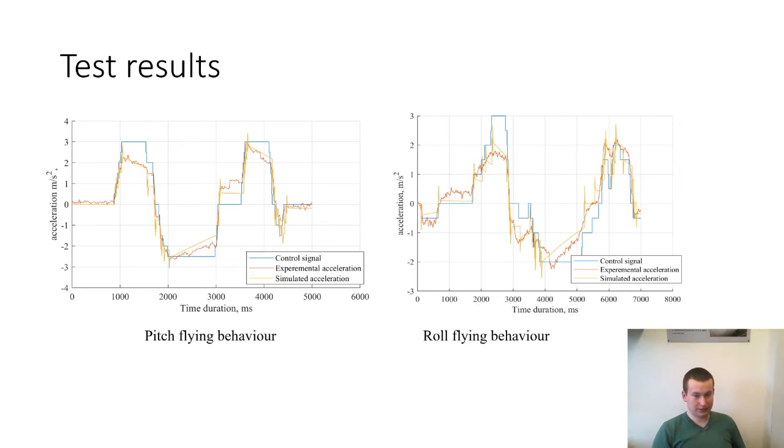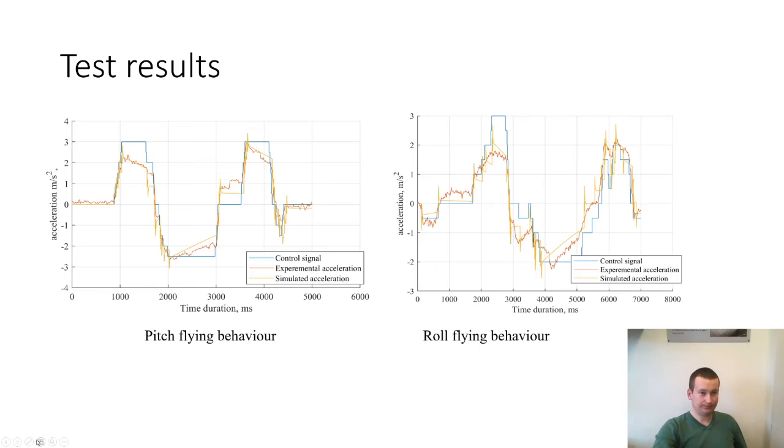We put it on the same graphs. On this graph, the yellow lines show the simulated acceleration, and the orange lines show the experimental acceleration. They are very close to each other, and the trends are absolutely the same. This way, I could say that the obtained results look accurate, and our control system allows our drone to fly.